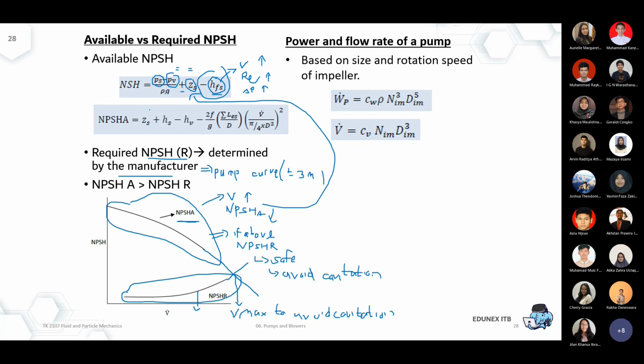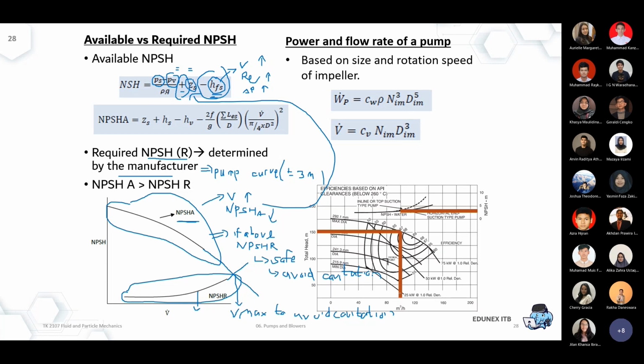Some of the main points: you understand the plus or minus ZS, whether it's above or below, and then you have to calculate the HFS, which is a very rigorous calculation: straight pipeline plus some fittings, elbows, tees, and so on. So it's quite a rigorous calculation, requiring maybe 15, 20 or more minutes. Okay. Any questions about this explanation?